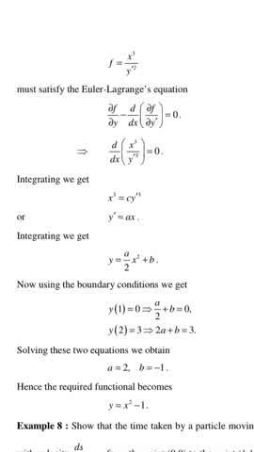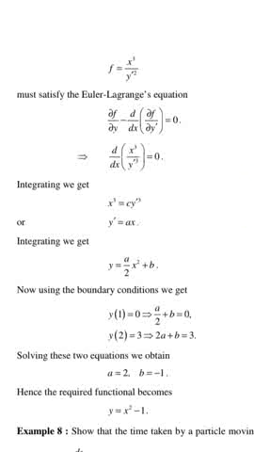Therefore, we know that f is a function of y absent. Therefore, del f by del y is equal to 0, and del f by del y dash is d by dy dash of x cube divided by y dash square. The derivative of 1 upon y dash square with respect to y dash is nothing but minus 2 upon y dash cube, and therefore d by dx of x cube divided by y dash cube is equal to 0.